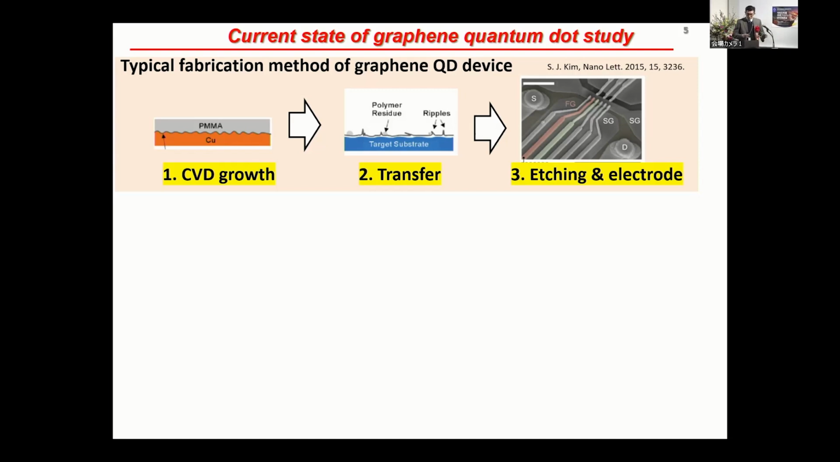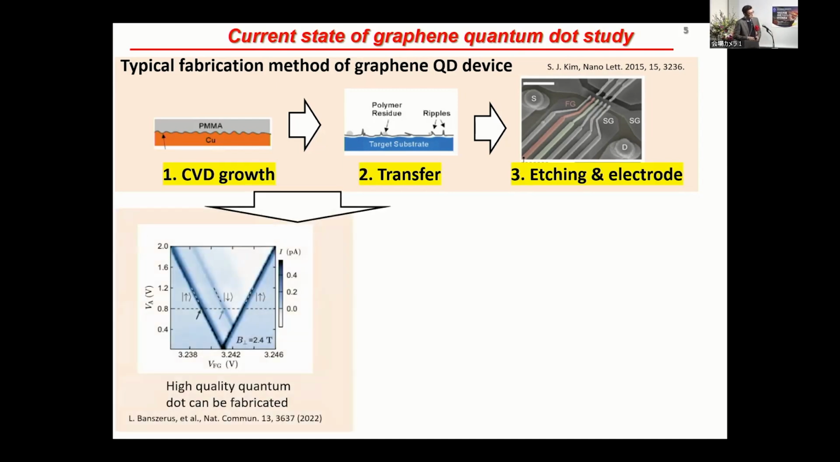And actually, by following these three steps, CVD growth, transfer, and etching and electrode fabrication, very nice high-quality quantum dots can already be fabricated in the world. This is top data in the world. So it looks quite nice, and this is definitely very beautiful. This is very nice work in terms of fundamental studies, because